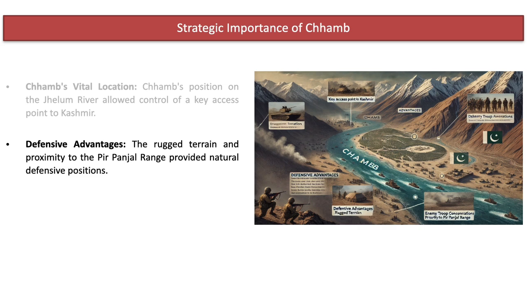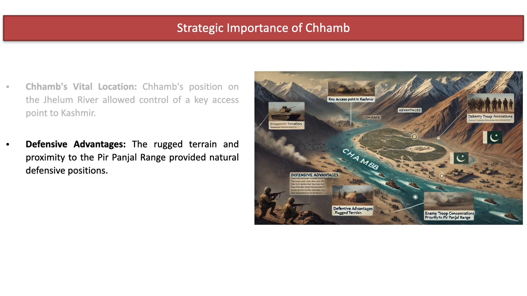Friends, in military strategy, terrain is everything. The ruggedness of the Cham coupled with the defensive heights of the Pir Panjal Range provided a formidable defense line. And it was not just about holding ground, it was about leveraging every natural advantage to protect the region and maintain control over key strategic points. For the Indian Army, the natural defenses were invaluable, allowing them to hold off enemy advances and secure the area